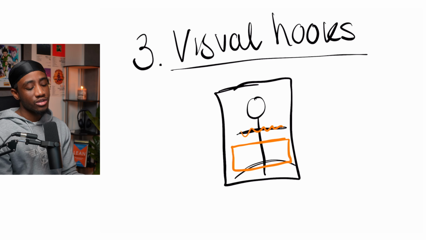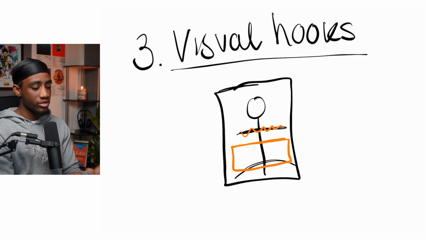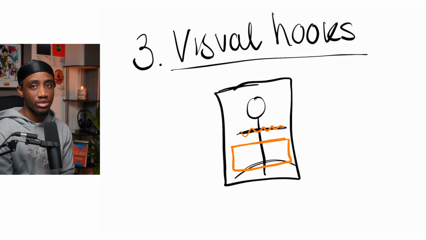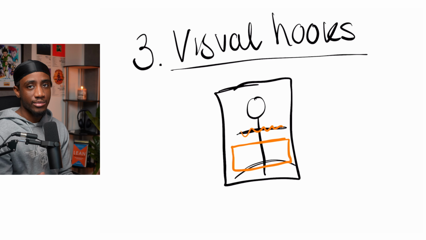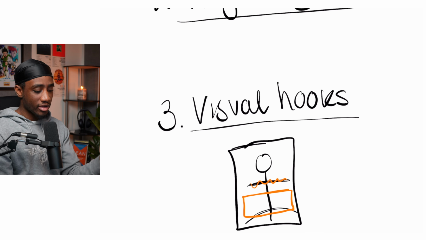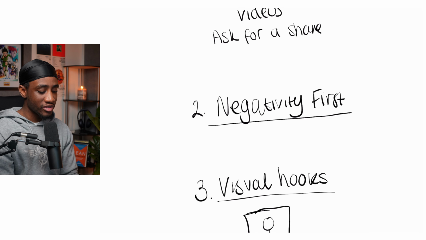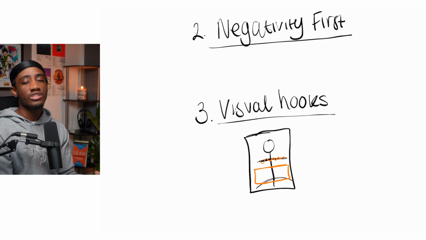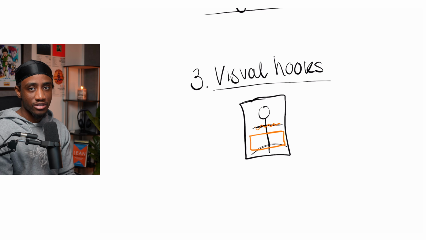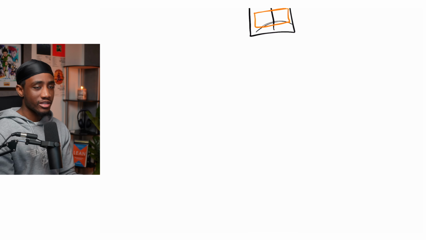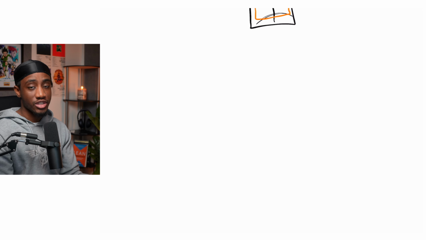Visual hooks are so important. And if you actually experiment with it, you would see the difference. If you use no visual hooks compared to using visual hooks, you'll see that your videos instantly get improved. Now, if you combine negativity, visual hooks, and also looping your videos, I am so certain that your videos will get more views than they're currently getting right now. Especially if you're getting less than 500, bro, you're in for a shock.